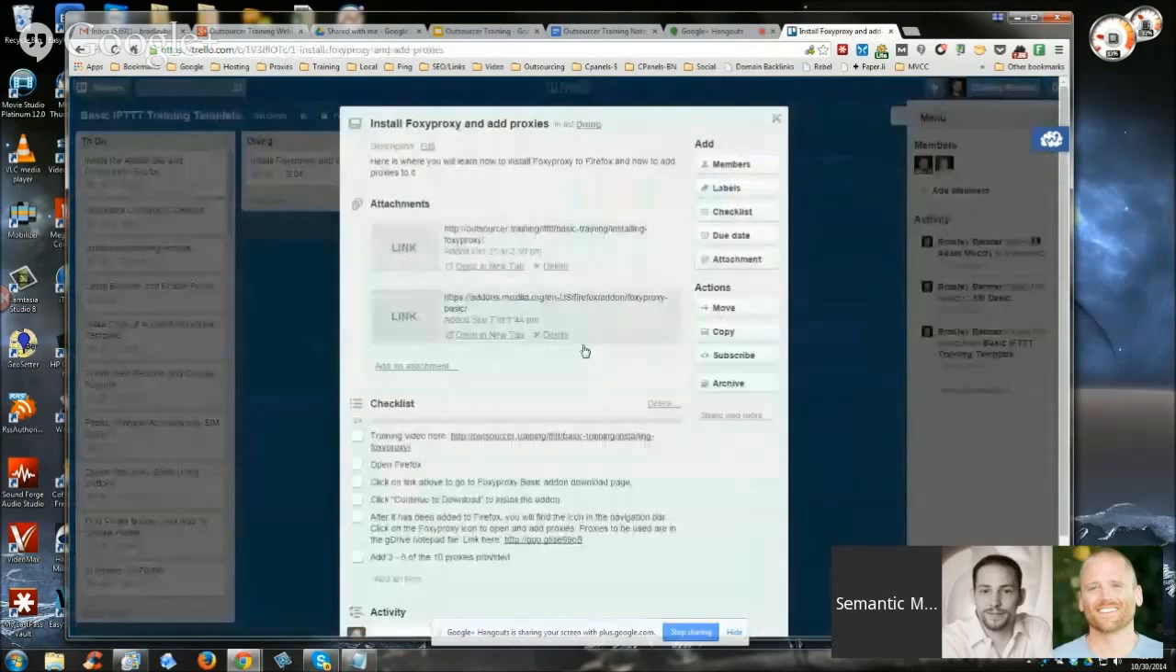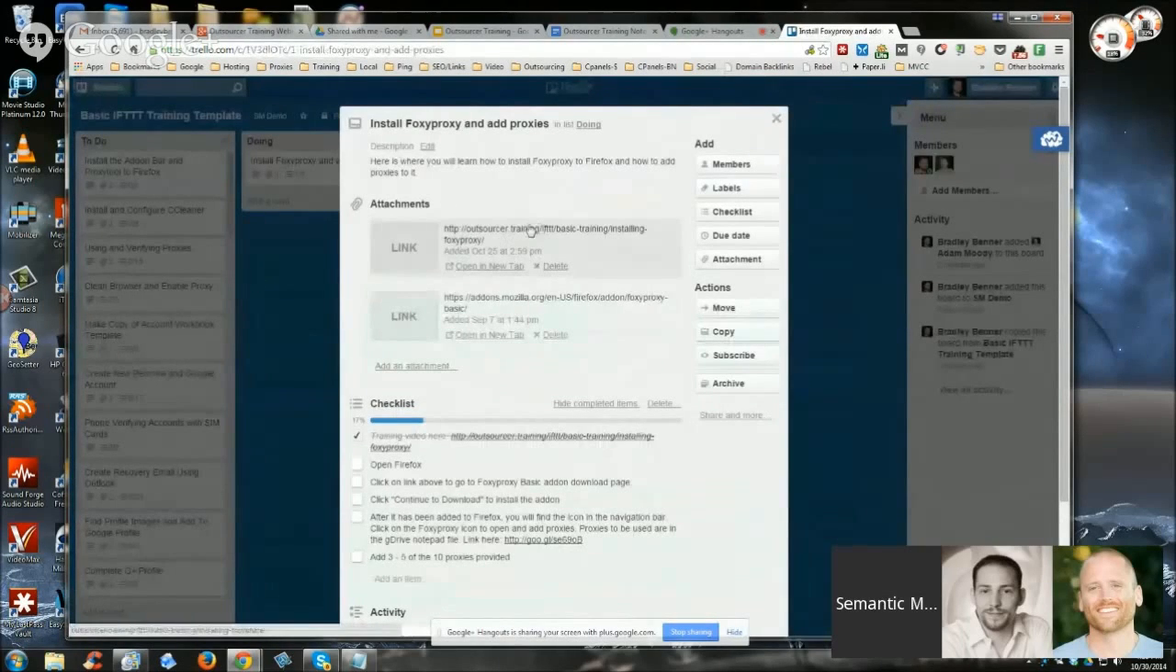Okay, and you can see that very quickly everything that they need is right here, and I've also duplicated, and I'm going to open that up in just a moment, the Outsourcer training portal. And you'll see any of these links that are listed here as attachments are also on the training video page. So there's some redundancy there so that